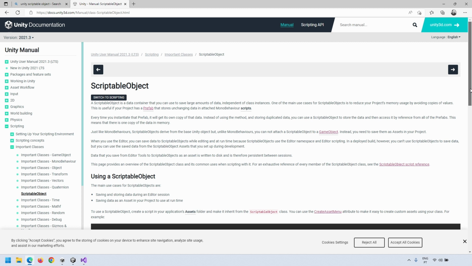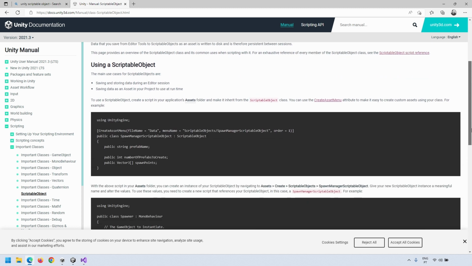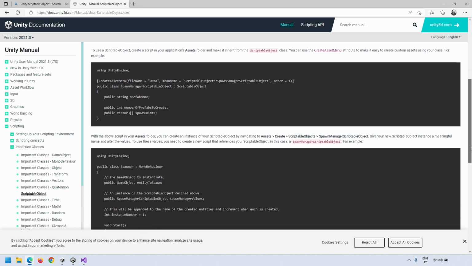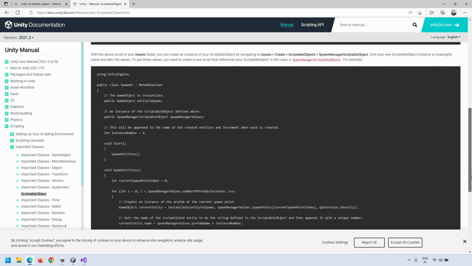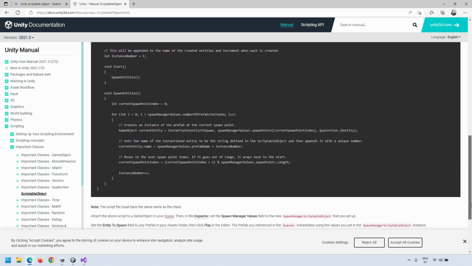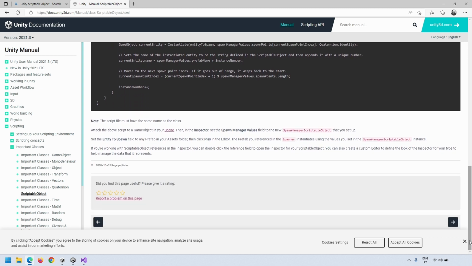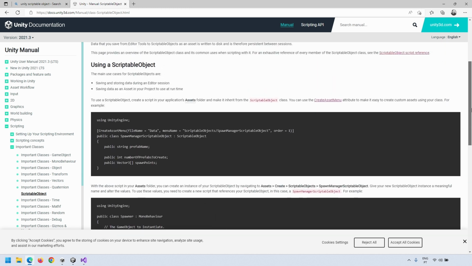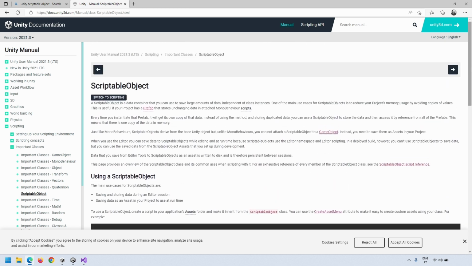A scriptable object is like a virtual object that lives only in the project folder, and you cannot add it into the scene, but you can reference it from anywhere. Its variables are persistent, meaning the values will stay between scenes, and you can have multiple copies of the same scriptable object, with different names of course,